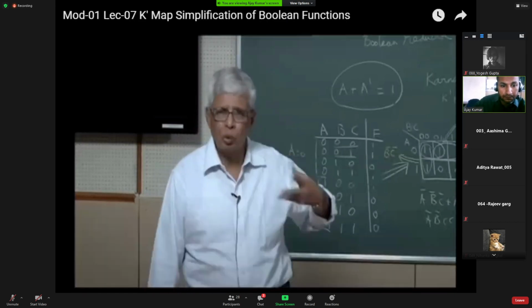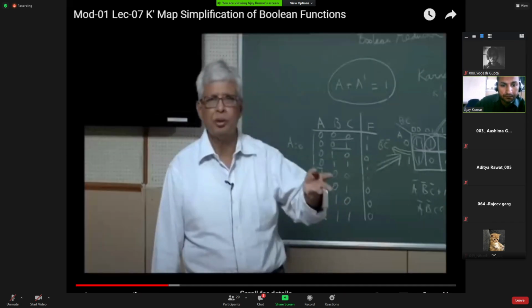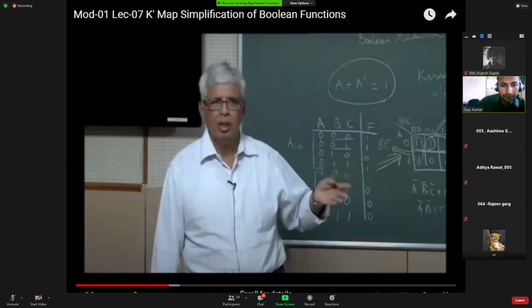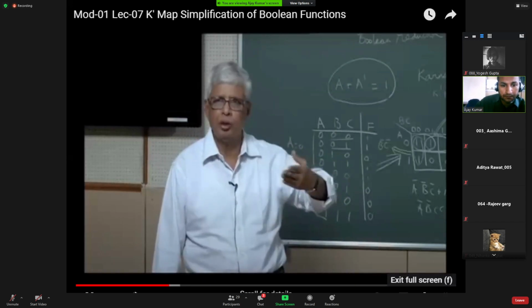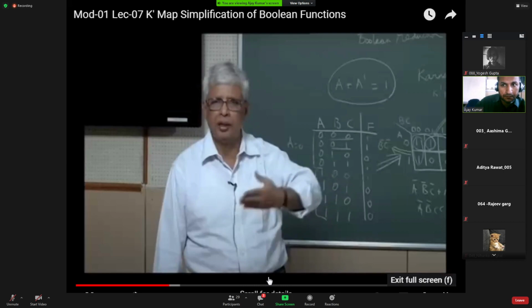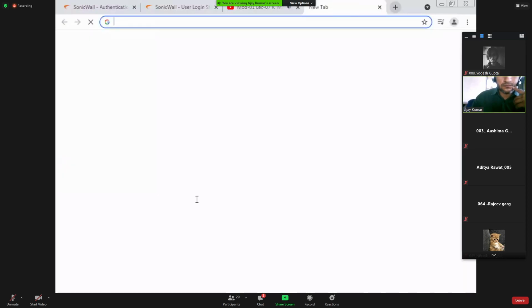There are tools. You feed all the terms along with the inputs and the outputs, and then it does a reduction and gives you the result. That is not necessary to know because a computer does it. This is an intermediate method. The map method, or the corner map method, is the best one. I will give you one more example.